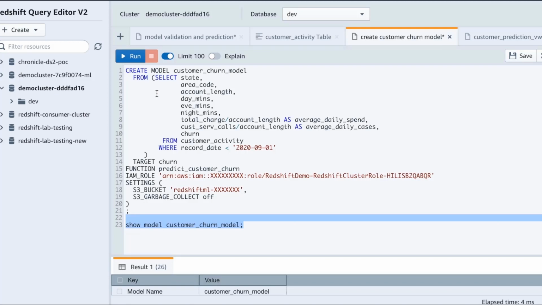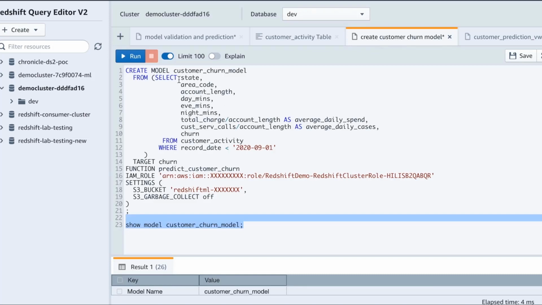As you can see, the create model statement in this example is very simple. In this one, we're doing auto ML. We will not provide any parameters such as the problem type or the objective or any hyperparameters or preprocessors. Miguel has chosen the attributes that he wants to use to try to predict the customer churn.